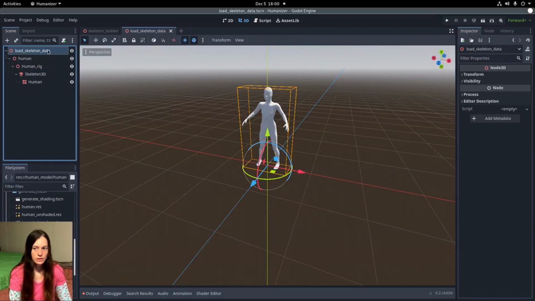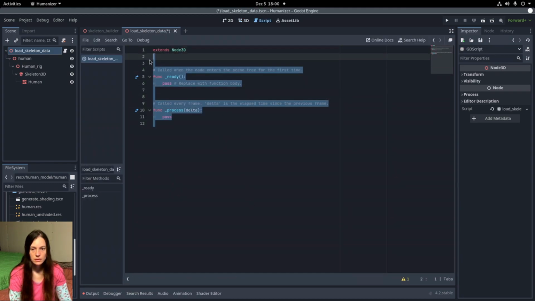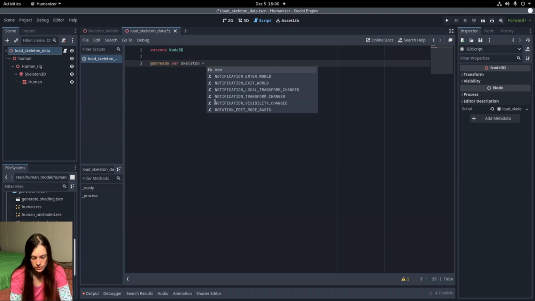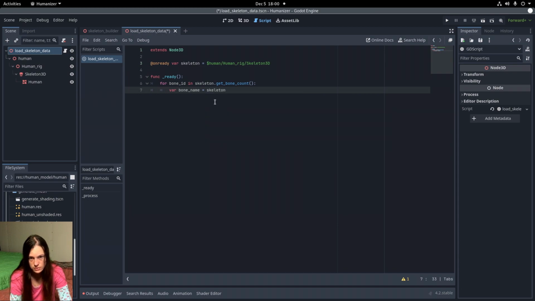Then I'll attach a new script to the base node built in, and I'll make a new onReady variable to point at the skeleton 3D node. Then onReady, I'll loop over the bone IDs in skeleton bone count, and for now I'll get the bone name equals to skeleton find bone, or